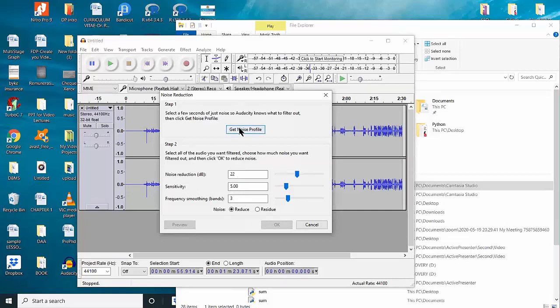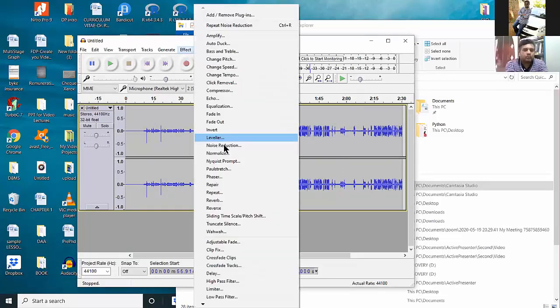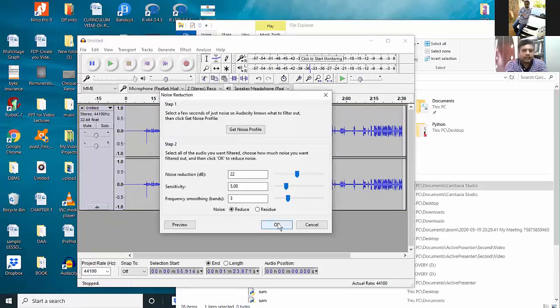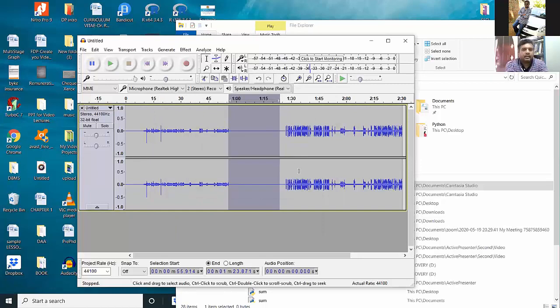get the noise. After getting the noise profile, let us say from this portion, I want a noise profile. It has already taken the noise profile. Again, I'll go to noise reduction and I'll press OK. So in this portion only it will be done.